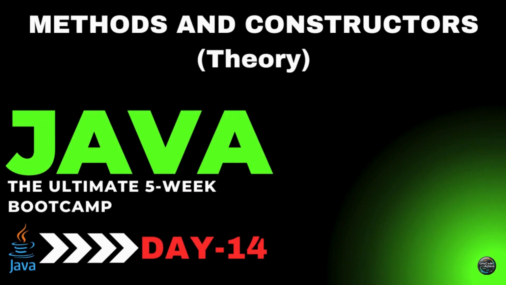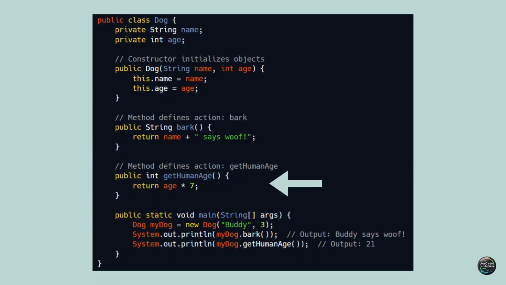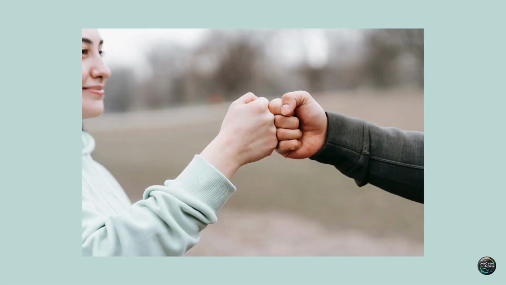In today's video, we are diving into two fundamental building blocks of object-oriented programming, methods and constructors. You might have heard this before. Methods define actions in a class, constructors initialize objects. But what does that actually mean? Let's break it down with real-world examples, and by the end of this video, you will have a crystal clear